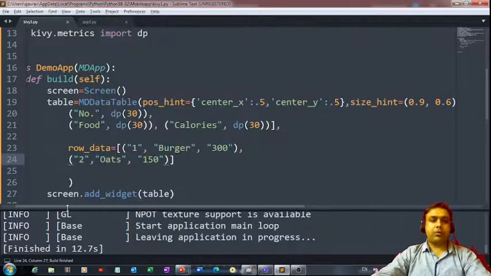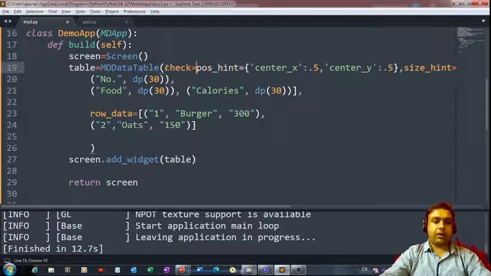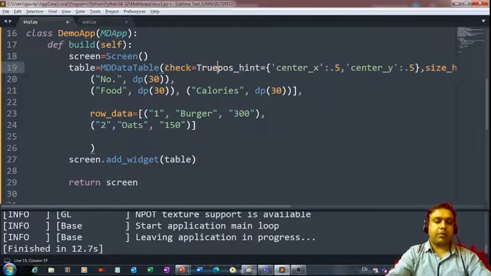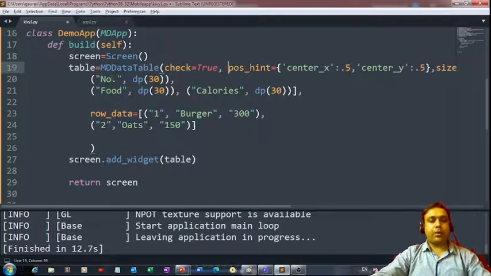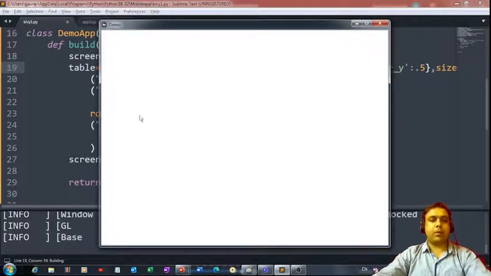It's time for us to see how we can add some checkboxes to our table rows. For adding checkboxes to our table rows, we can simply come up over here and use this check named attribute. Simply pass true to this attribute, and now when you run the code, this is what you will get to see.